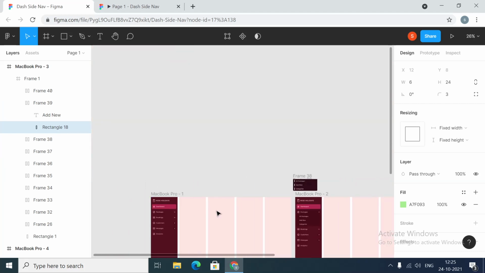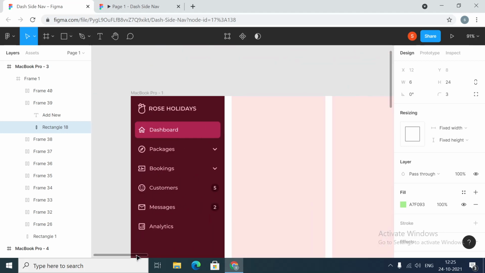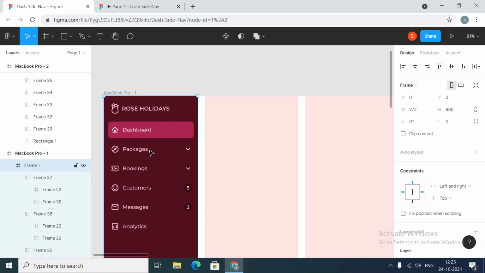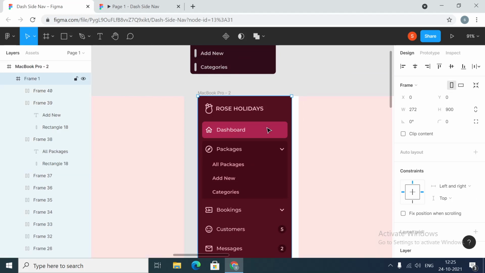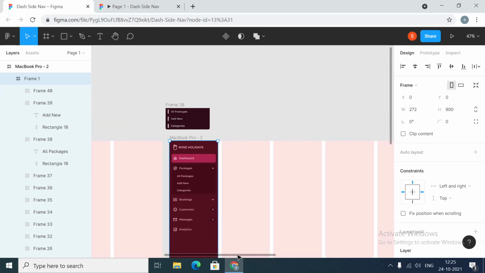I'll show you how the prototype flow is. This is the first frame where we are showing the dashboard is active. Then afterwards, when you click on packages, you'll be taken to this frame. You'll still be on the dashboard page, that is why we are showing this as active, but inside this frame, this is how the packages will look. So this is a separate frame when the packages drop down has opened out, and when you click on add new, it will take you to this